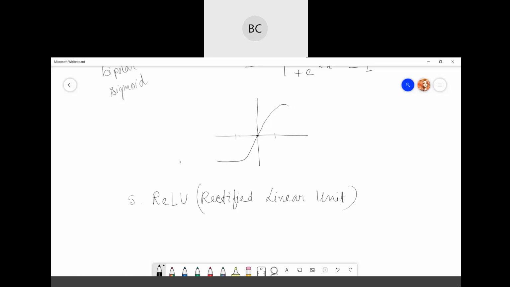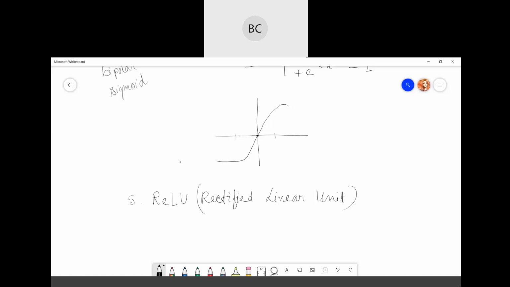It is a very simple function. The main advantage of ReLU is that it does not activate all the neurons at the same time. In the rest, like sigmoid and tanh, it might activate all the neurons together at the same time. It makes the learning a bit slow, but ReLU never activates all the neurons at the same time.